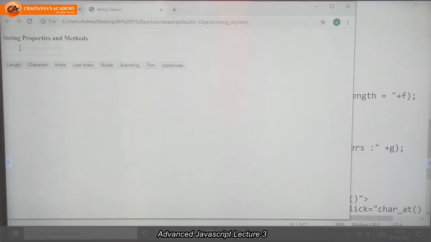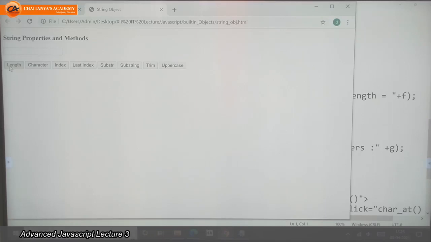Here I gave one text box to enter the text or string, whatever I want to enter. Then I gave some buttons, and on those buttons I gave values explaining the methods. For example, length is a property. Once I click the length button, it will return the length of the string. If I click on the character button, it will return the character at the specified index.